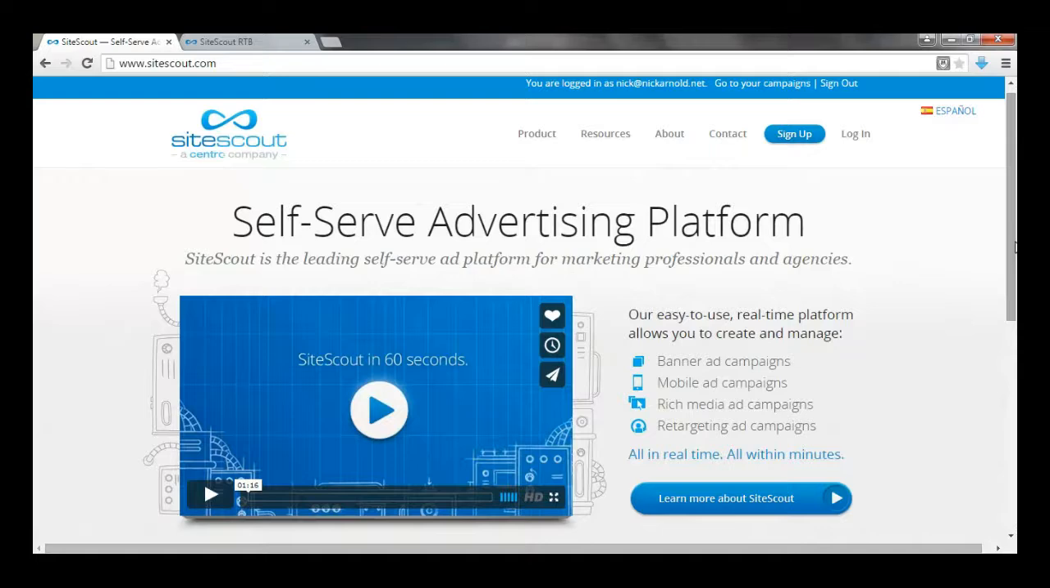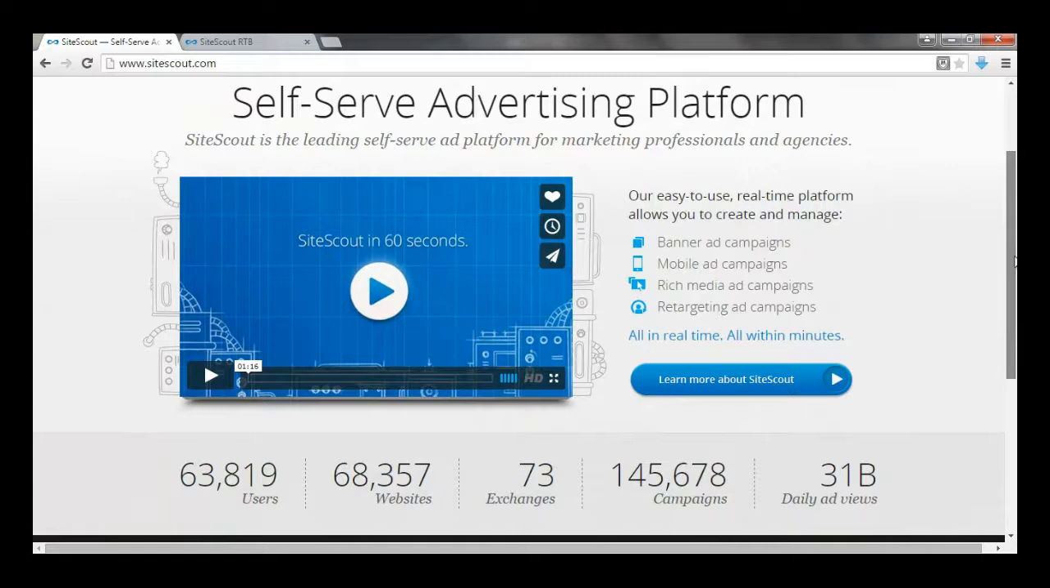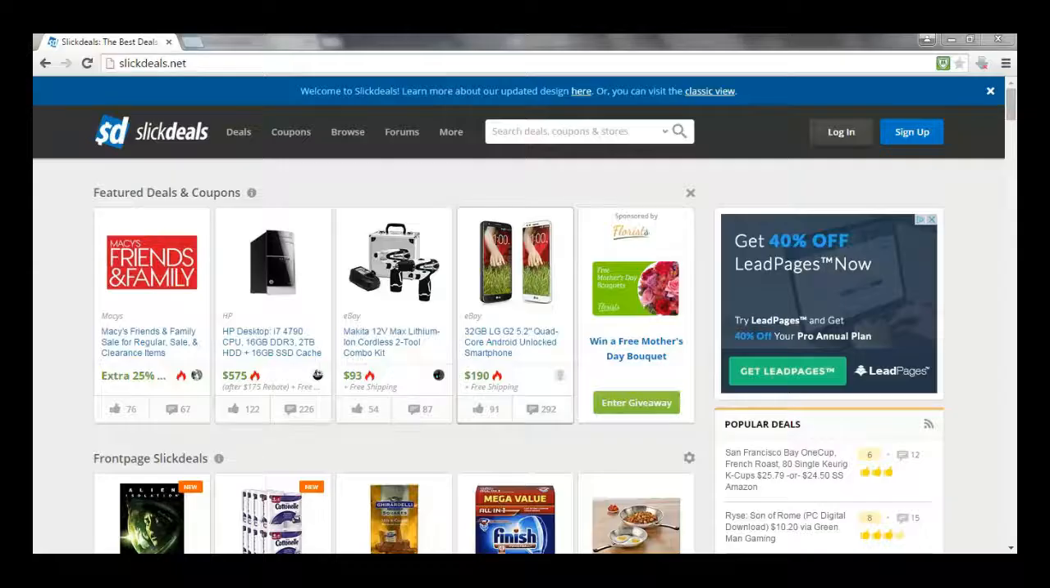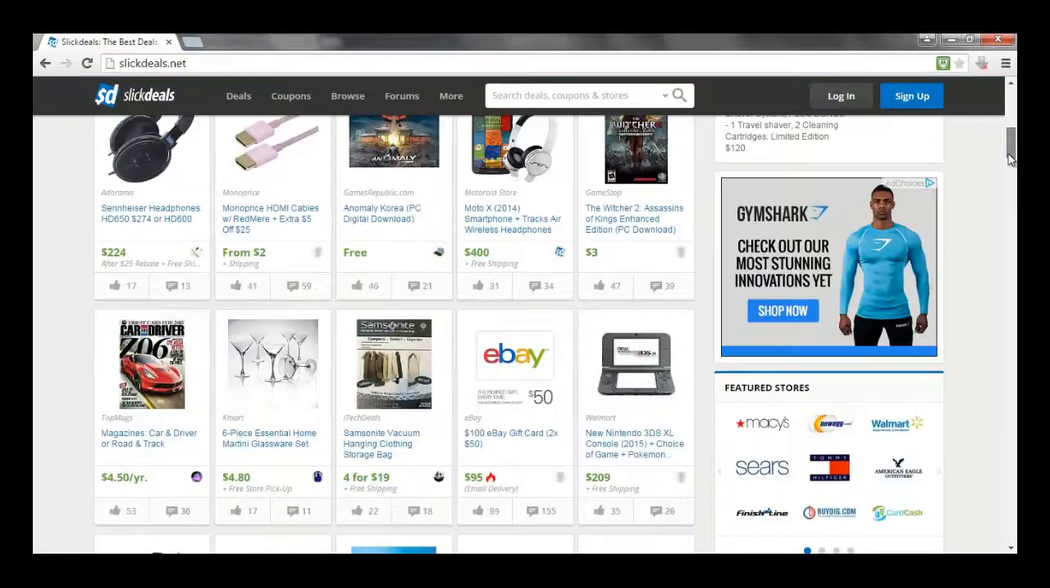So it's definitely worth signing up for, has a lot of different opportunities, and if you head into the back office, it's really, really easy to set up an ad. This website is Slick Deals, which is a very popular deal website. So it lists products and services that are for sale online that have a very good discount at this present moment in time. So as we scroll down the site, we can see